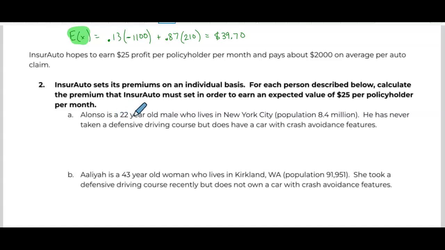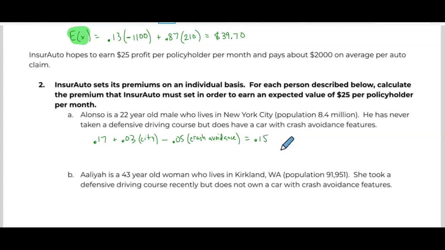So Alonzo's a 22-year-old male. If you look at the top of the chart, that's a 17% chance of getting in that accident. Now we're also going to add 3% because he lives in a big city. So we'll add 3% because of the city. And we're going to subtract 5% because of the crash avoidance. All right, so if you go straight across there, now we're down to a 15% likelihood that this person gets